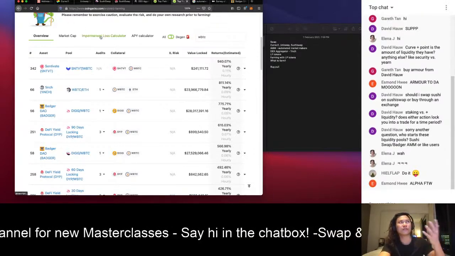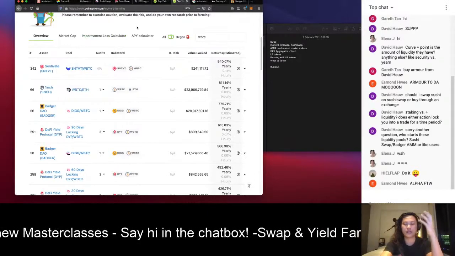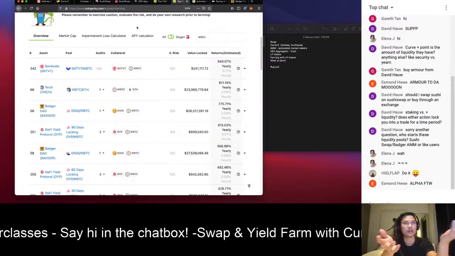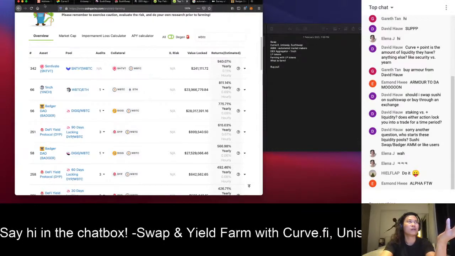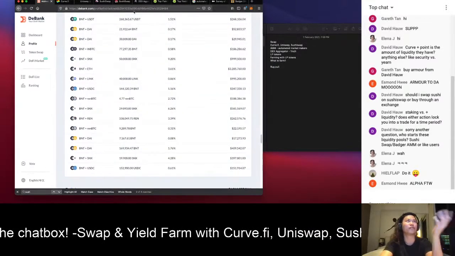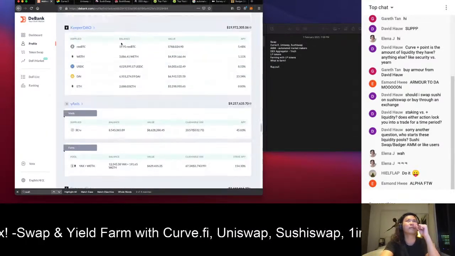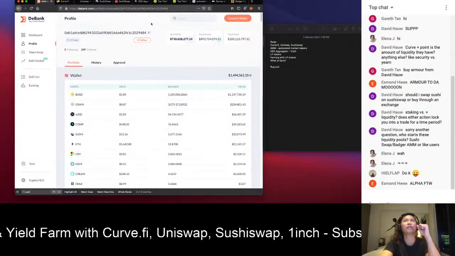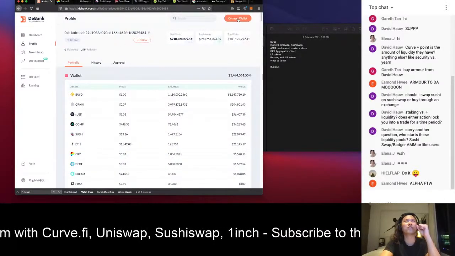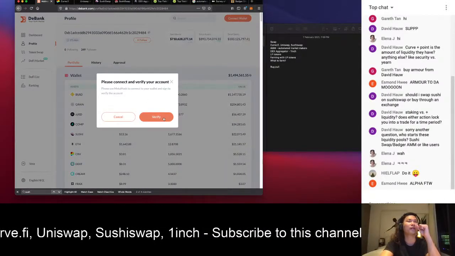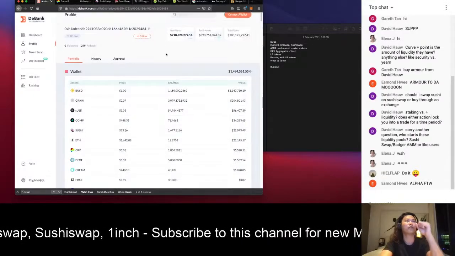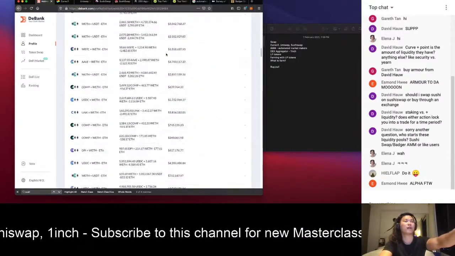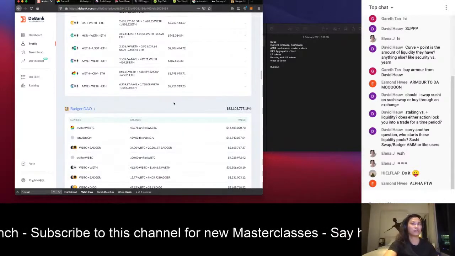If you're confused halfway through, like, hey, I put something somewhere and I don't know where my token is anymore, right? Go to the bank and type in your address. So go to the bank, go all the way up here, click connect wallet, and then connect your wallet. And then they will show you exactly where your tokens are or what stage your tokens are at. So for example,